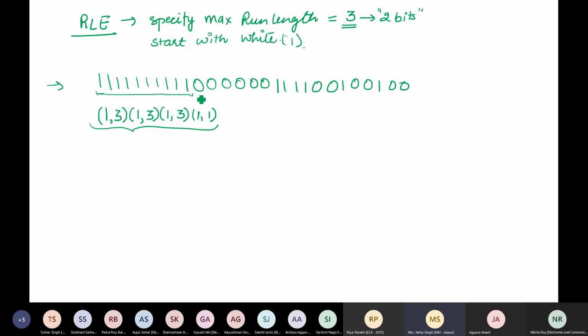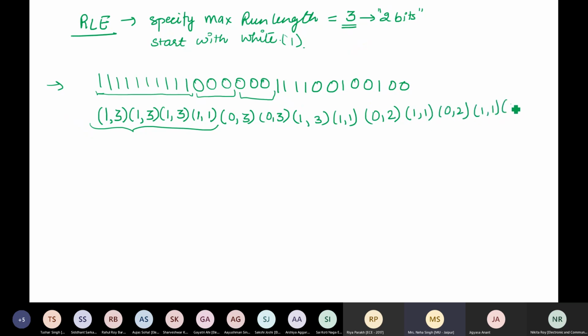Fine. Now for 0, I'll say 0's run length is initially 3 because I can have maximum 3, followed by 0, 3. Now I will have 1 encoded as 1, 3, 1, 1, followed by 0 with a run length of 2, 1 with a run length of 1, 0 has a run length of 2, 1 has the run length of 1, and finally 0 has run length of 2.